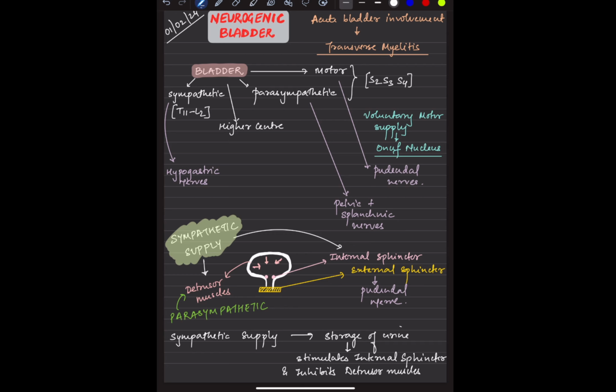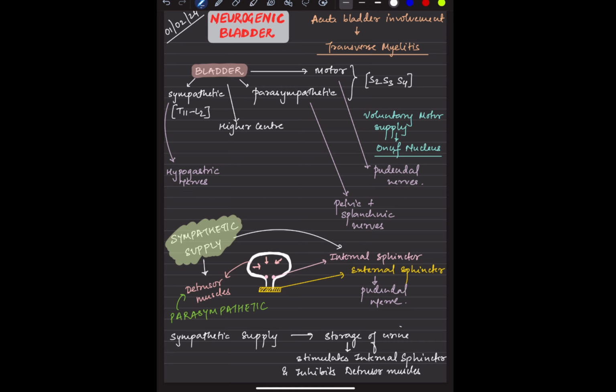So today we will be starting with bladder involvement, neurogenic bladder. Now this is a topic which will be included in the spinal cord itself, so we will be continuing the spinal cord series. But this is a kind of a new topic. We can call it a subtopic in this huge topic of spinal cord disease.